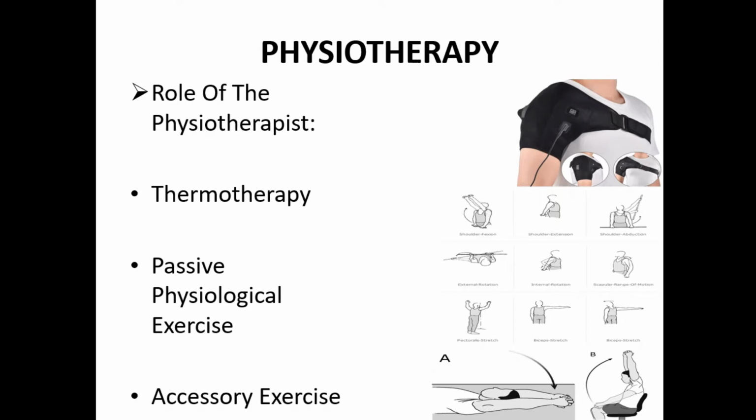The thermotherapy. Before resorting to passive mobilization, the thick and contracted capsule must be released and made more stretchable by deep heating using ultrasonic or other suitable modalities. The heating is carried out throughout the joint. Passive physiological exercise: motion in a range that usually is achieved actively. And accessory exercise: motion between joint surfaces which cannot be achieved actively.